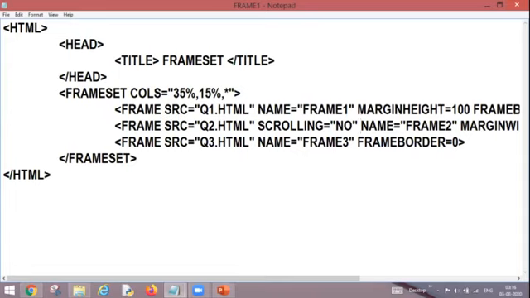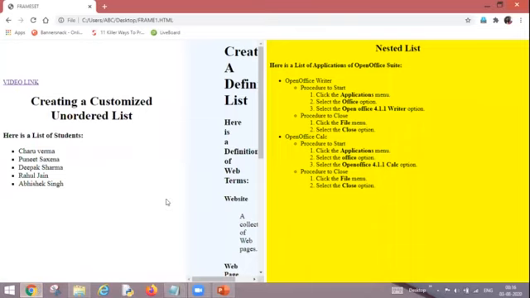If I write auto, that means automatically, according to the height and width of my frame, the scroll bars will appear or disappear. So right now I'm going to show you how I can deny the scroll bar. So refresh the web page. And now you can see that the scroll bars are not there along with my frame 2, which were appearing earlier.